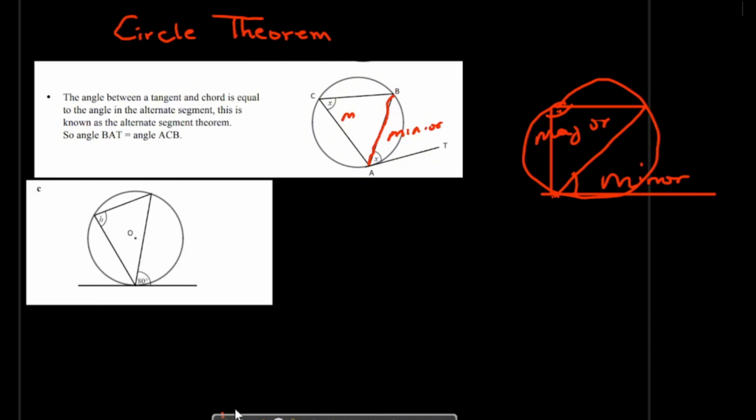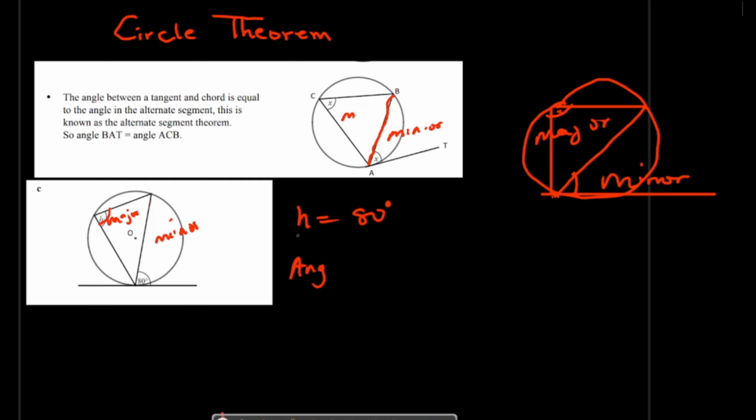So here is our question. Let's look at this question. We can see a tangent and a chord. We can see the minor segment, and we can see the major segment, right? Okay, so now we have this angle in this segment is 80 degrees, and we have the angle in the other segment to be h, and we're asked to find h. So h is equal to 80 degrees because